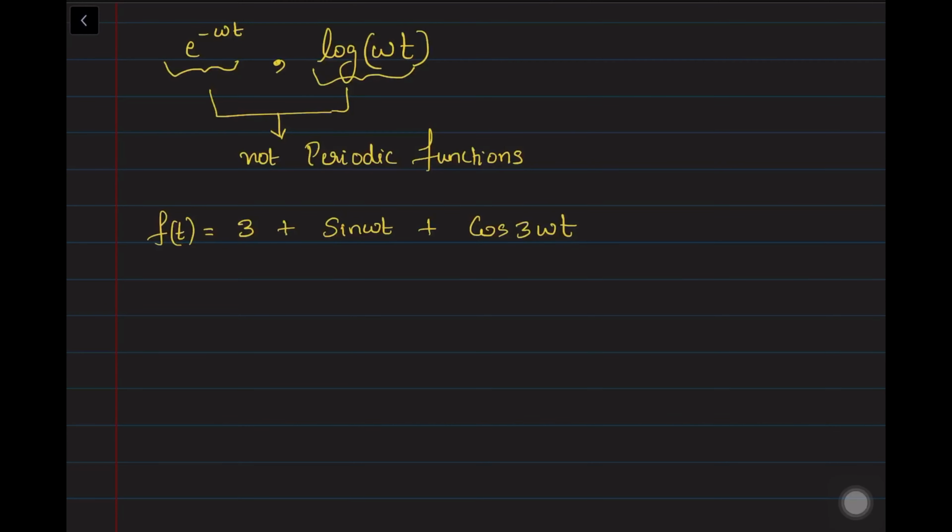So here we know that sin omega t is having a period of 2 pi by omega. Cos 3 omega t is having a period of 2 pi by 3 omega, correct? This will be having the common period of these two, which is 2 pi by omega,